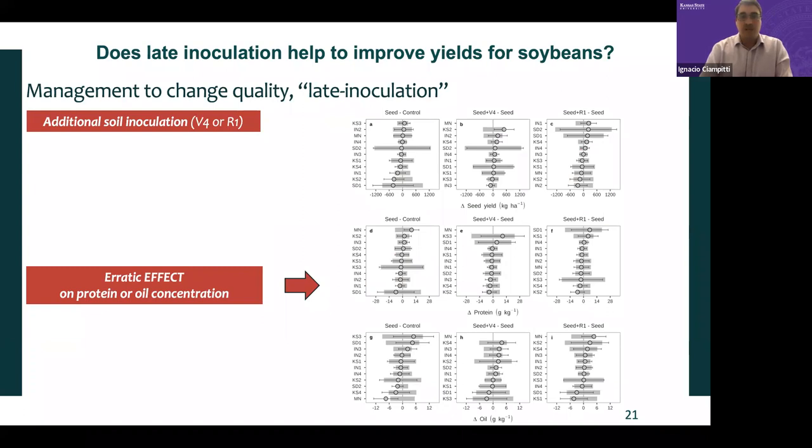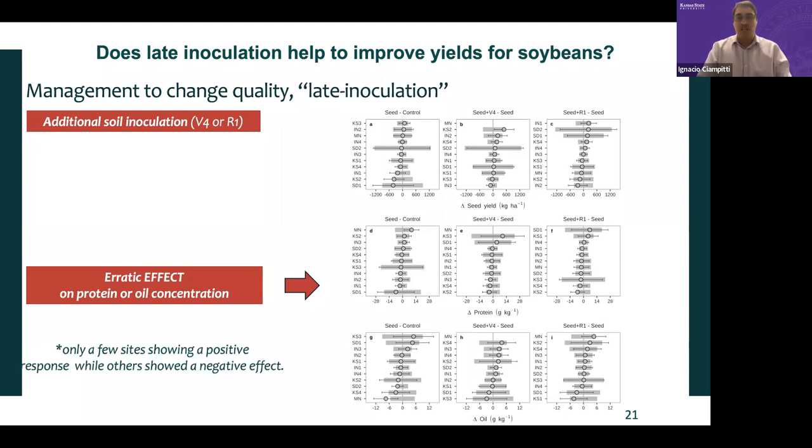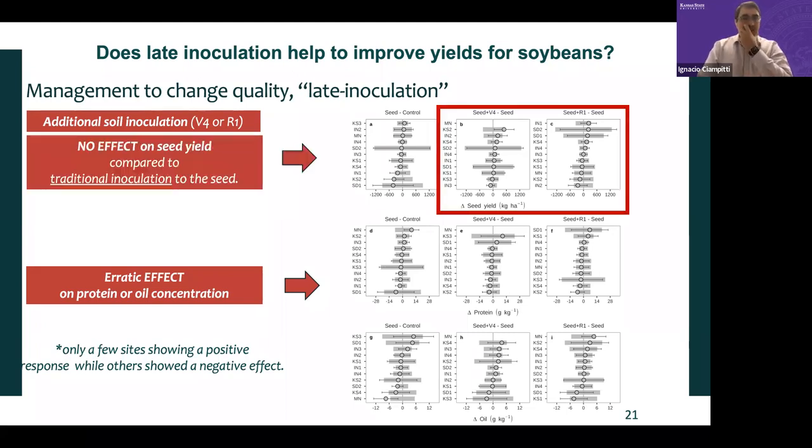We looked at basically inoculations in soil at different stages after planting time, before R1, applying liquid close to the plant, to see if we were able to change the yields. The summary of this slide is basically that in many situations, we are not changing any yields. So we are not helping to improve in many situations. And the early season inoculation was the best. We haven't seen any potential impact, only in a few sites on the quality side, on protein or oil concentrations. We haven't seen much of an effect compared to the traditional inoculation.